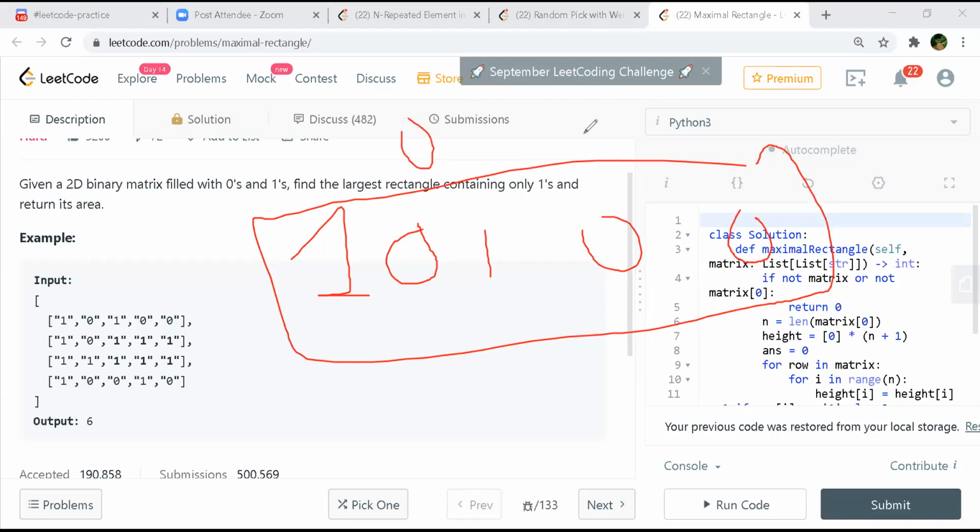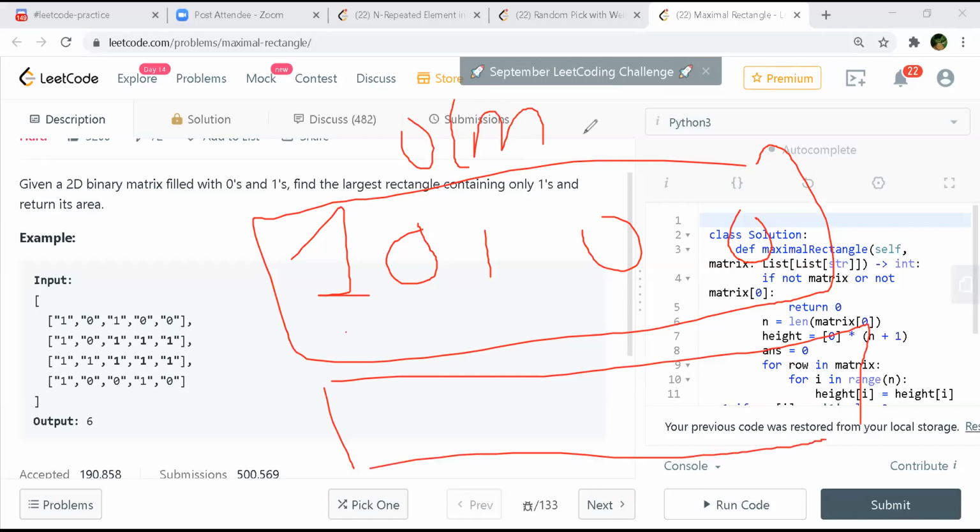Let's say number of columns is m. Now the next part is you keep going down. When you go to the next row, you obtain another vector and apply the stack operation again. Got it, my bad.